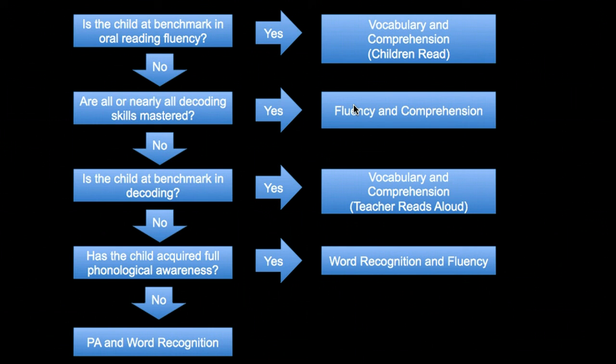Well, if they're fluent in their oral reading fluency, you focus on building their vocabulary and comprehension. That's them reading. What do I say about vocabulary and comprehension? The only way to really build it is through quality talk and quality analysis of text. But no. So you go down. Maybe you check their decoding skills. If they've mastered most of their decoding skills, then you have a fluency issue. So you're going to work on building up their fluency and their comprehension in small groups. How you can build comprehension without vocabulary is beyond me, but.